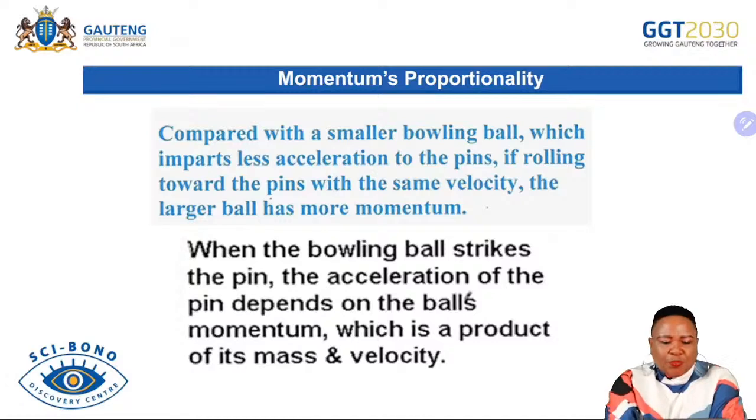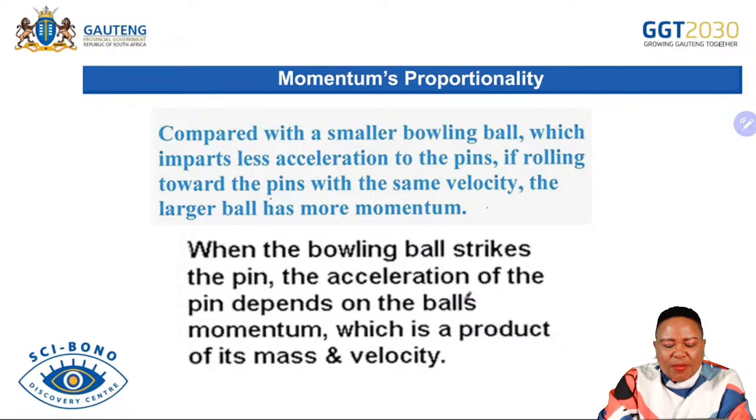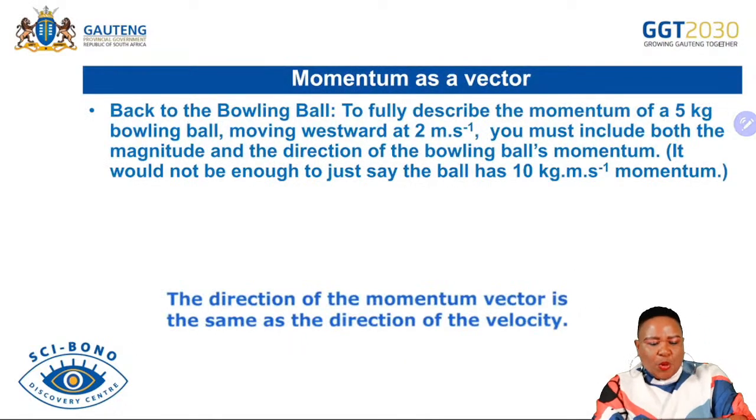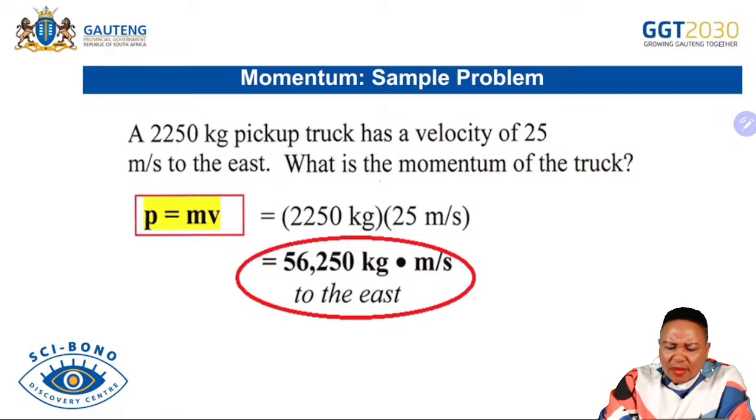second law. The first thing that must come into your mind, you need to state Newton's second law, because we are still going to state Newton's second law in terms of momentum. So you need to also remember what it is that we said last year in terms of Newton's second law. So we know also that if we decrease maybe the acceleration, obviously we will expect that there will be fewer pins that will be affected by the bowling ball, but that one is not as important. Now let's look at momentum in terms of solving problems.